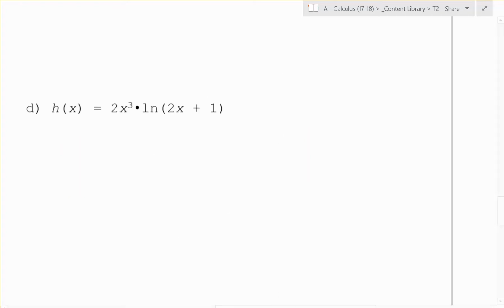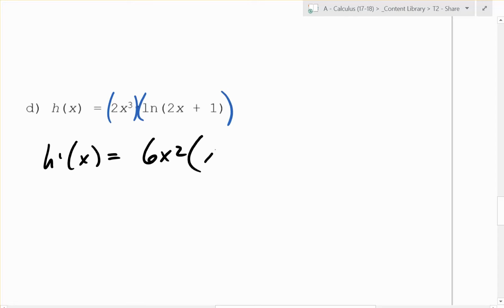So here's the product of two things. We have the first one and we have the second one. So we're going to have to use the product rule. So h prime of x will be the derivative of the first, so 6x squared, times the second. I like judicious use of parentheses, plus the first times the